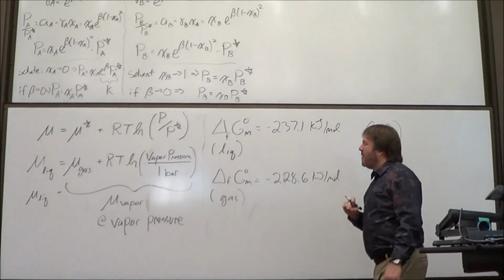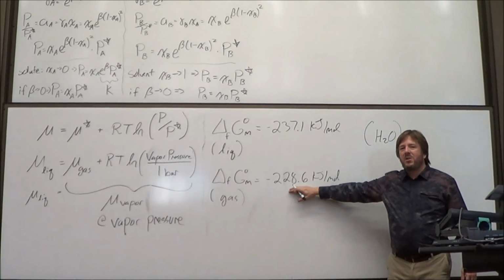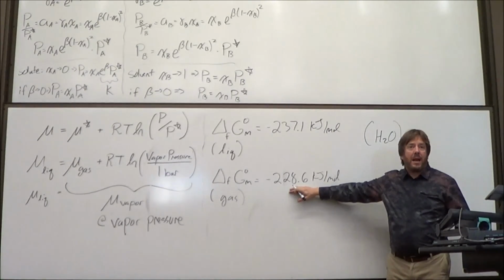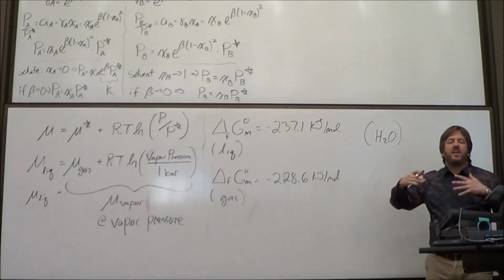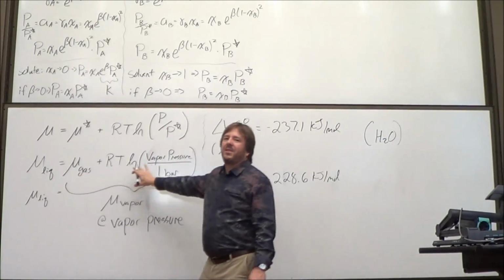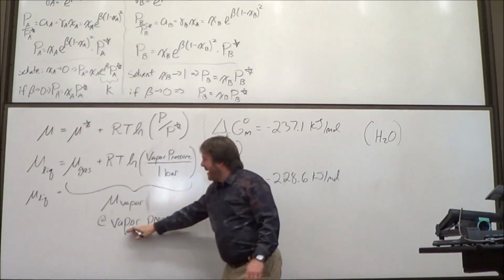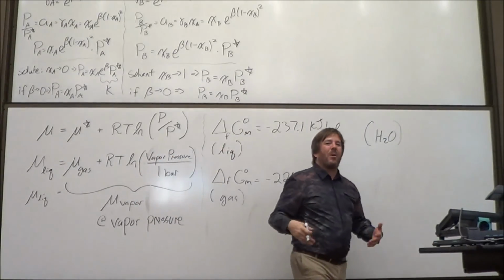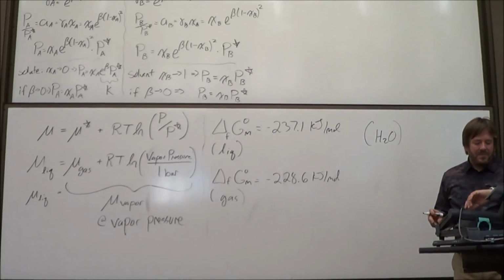Actually, here's another trick. Remember I was asking you, where the heck did they get this number? How did they measure this when you can't make water have 1 bar of pressure at STP? It would rain, right? If I had a container with vaporous water at 1 bar at STP, it would suddenly turn into a liquid. I can't make the measurement. That's actually where they get the number from, this equation. They make the measurement at the pressure that they can, and then they extrapolate it using this equation to 1 bar, and that's where this number actually comes from. They never actually directly measured it. So, yeah, with that,